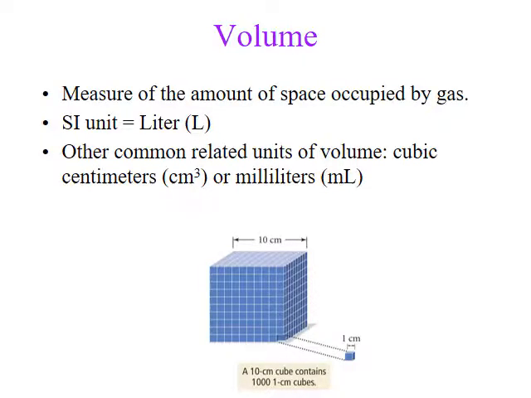All right, the next property is volume. You are already aware of volume from the previous chapters. What is volume? It's basically how much space is occupied by a substance, and in this case we are talking about gas, so the amount of space occupied by a gas is referred to as its volume. The common units for the volume of a gas can be liters, cubic centimeters, or milliliters. These are some commonly used units for volume, and other units can also be used depending on what we are looking for. The only difference is that if you need to convert, you should know the conversion factors between different units.